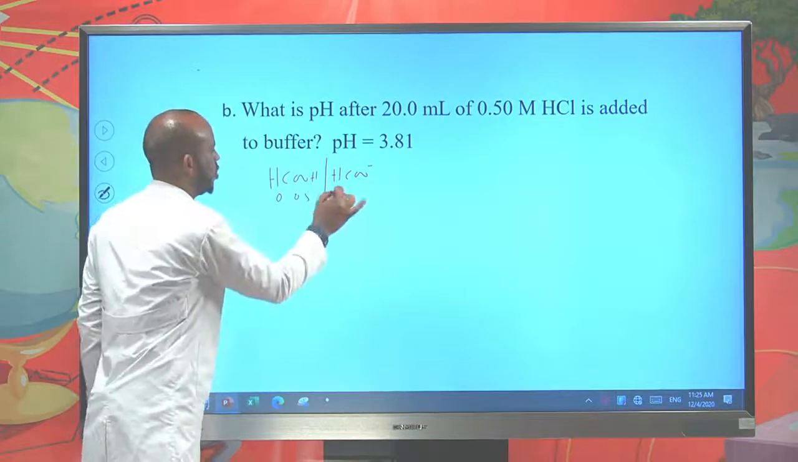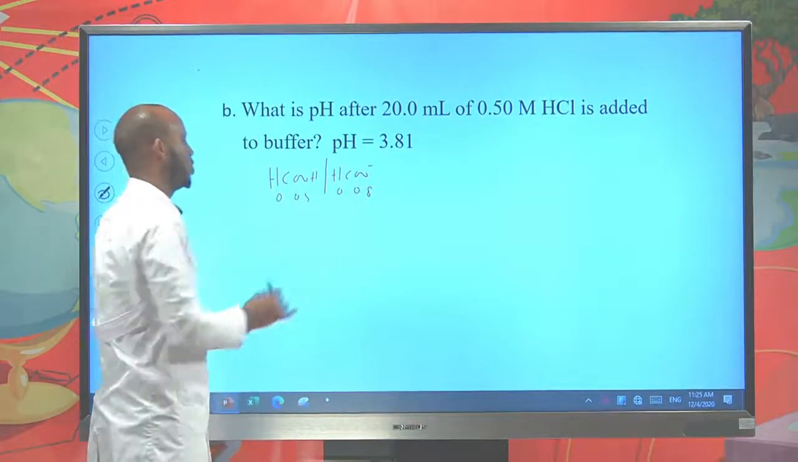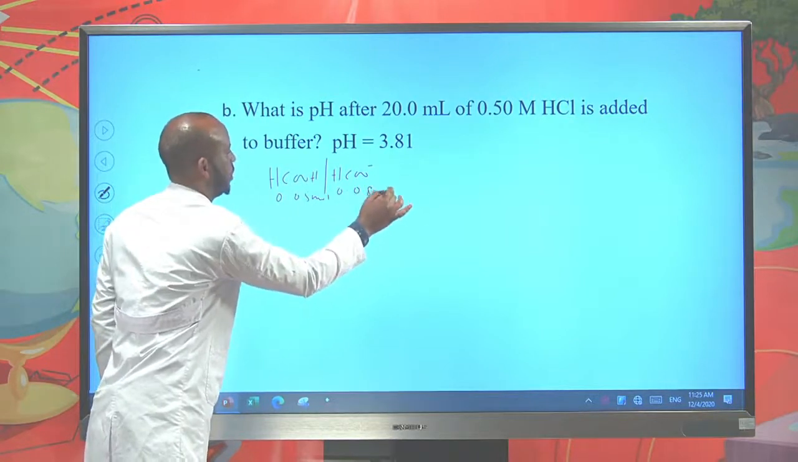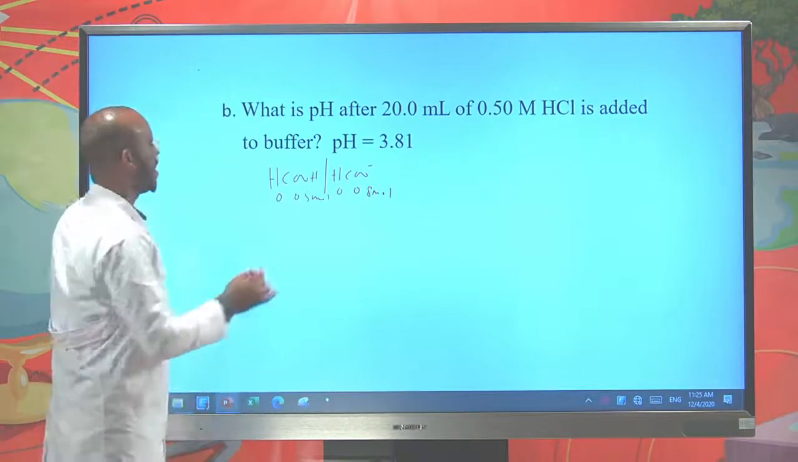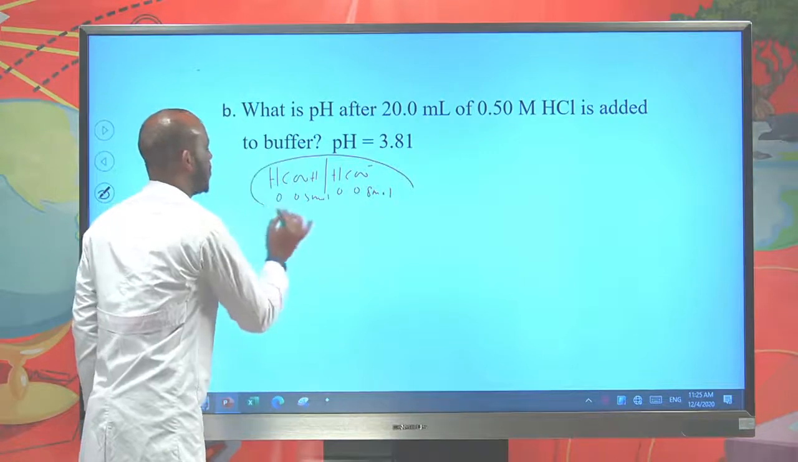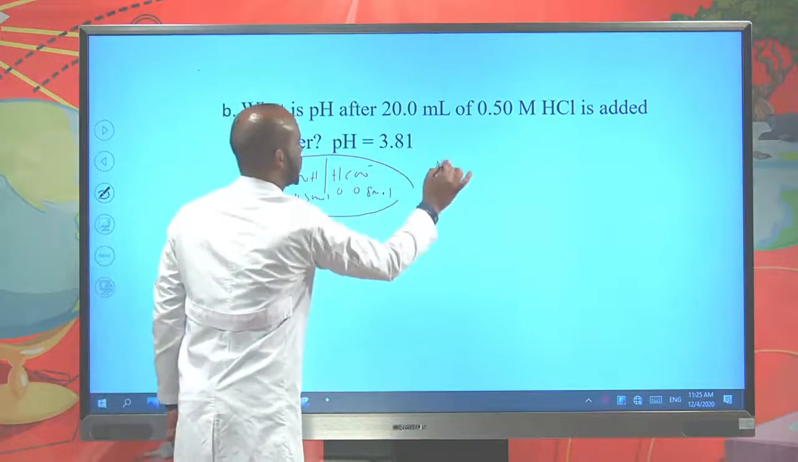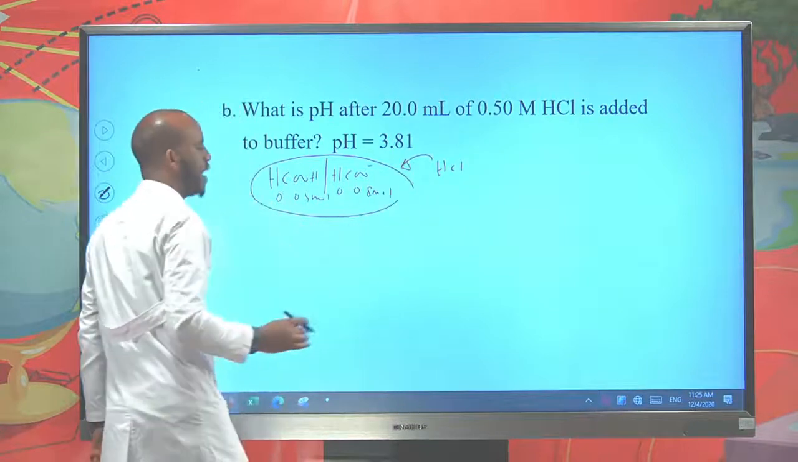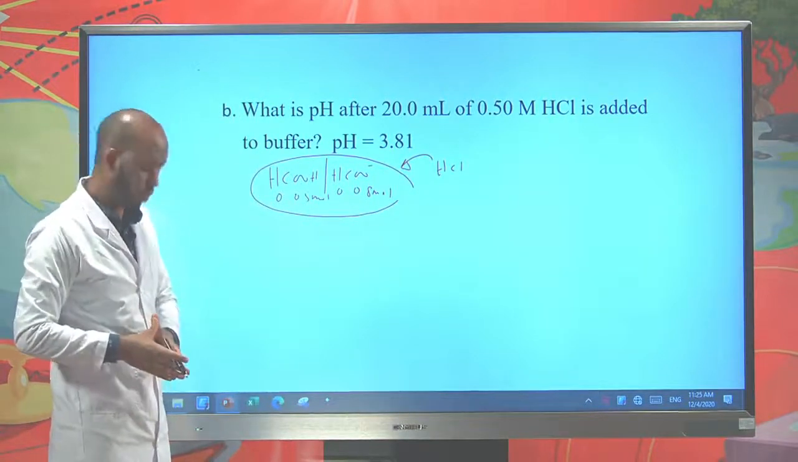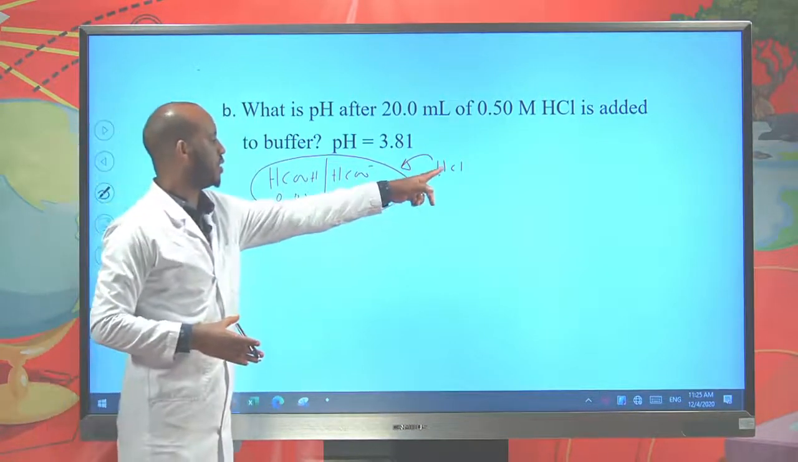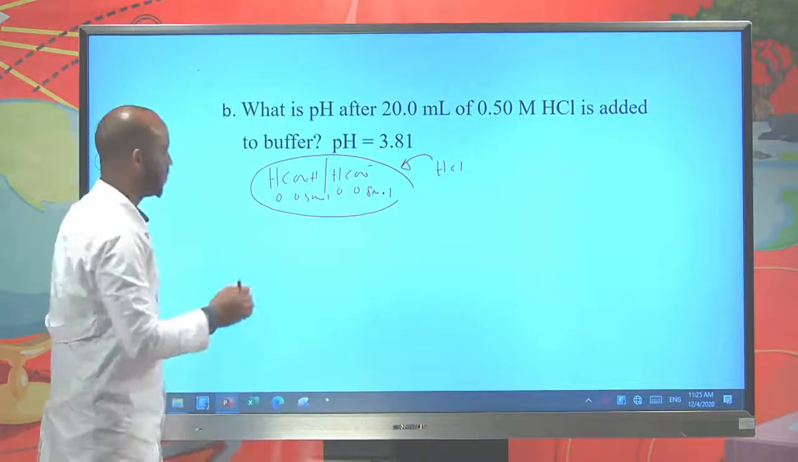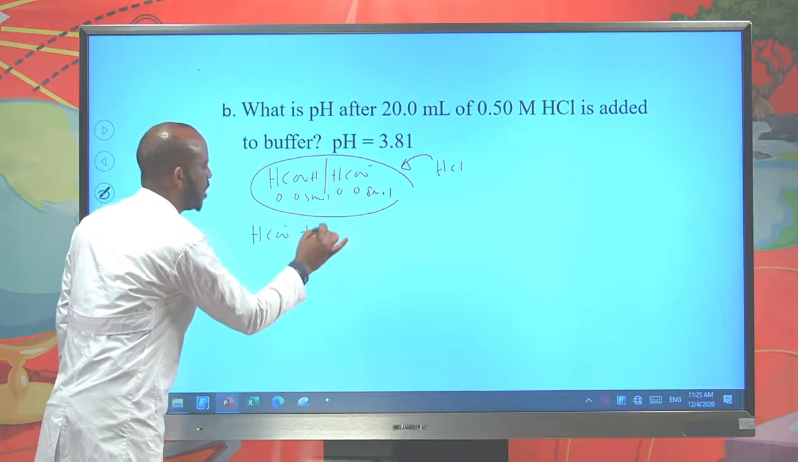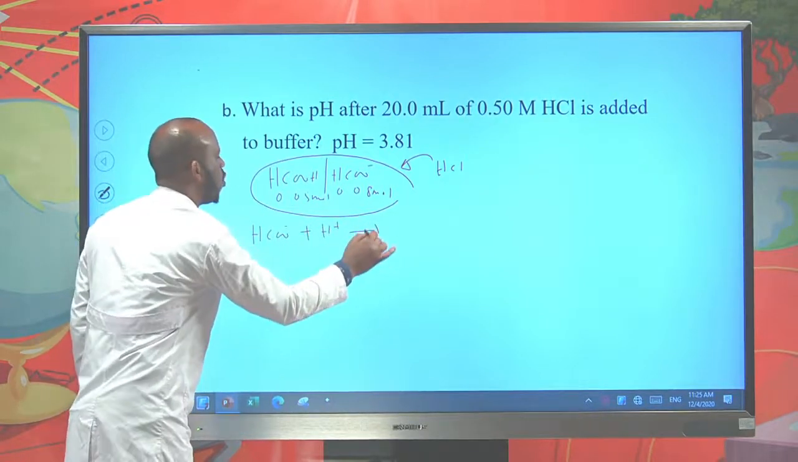Amount of formate is 0.08 mole. To this buffer solution, hydrochloric acid is added. Now the added acid supplies H plus. This acid reacts with the base, formate: HCOO minus plus H plus gives formic acid,